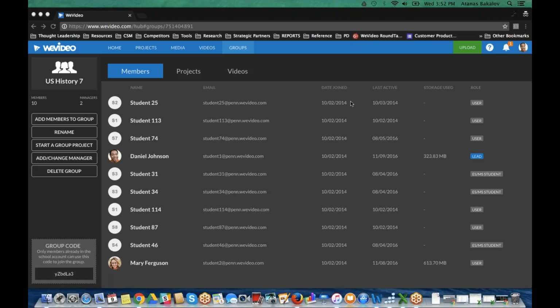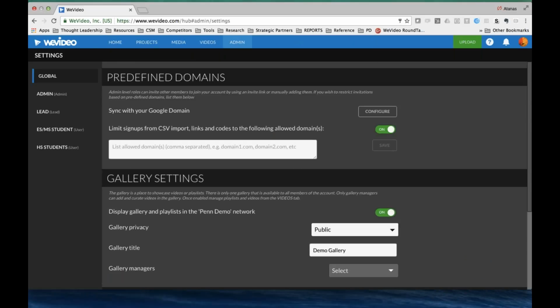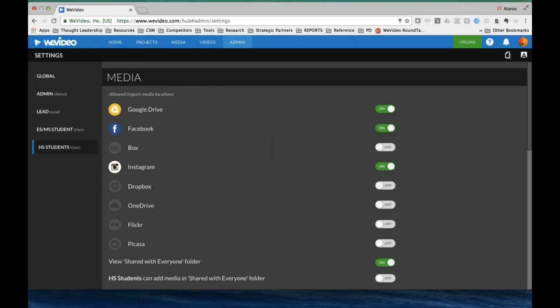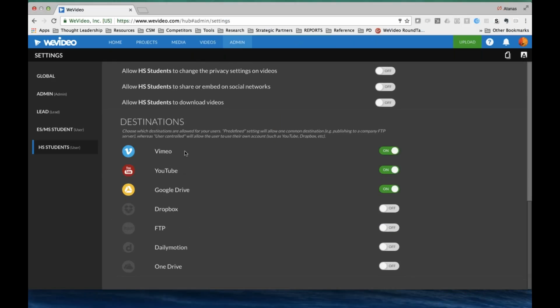So on the export side, you have numerous export destinations that you can turn on or off. If we go to admin and settings, you'll notice that when we go to, let's say, the student profile, if we go down to those permissions, all of these are possible export destinations that I can turn on. So you have Google Drive for sure. A lot of districts love to turn this on.